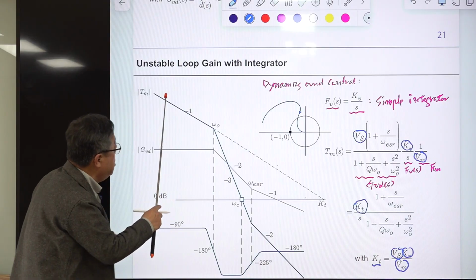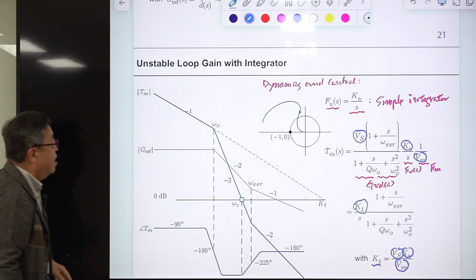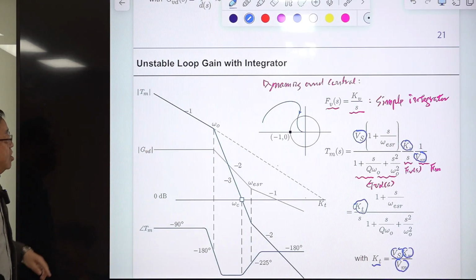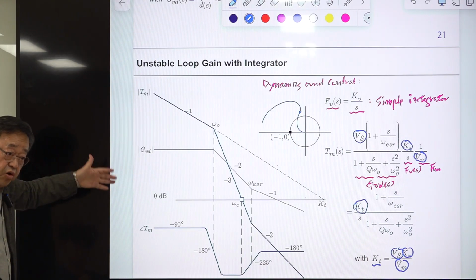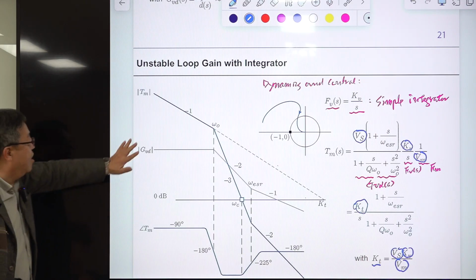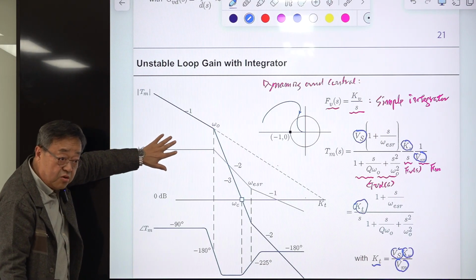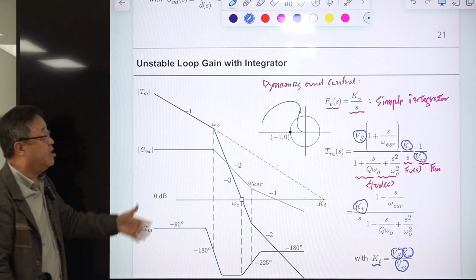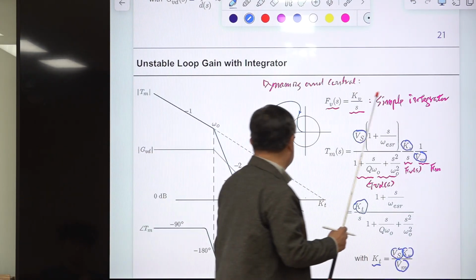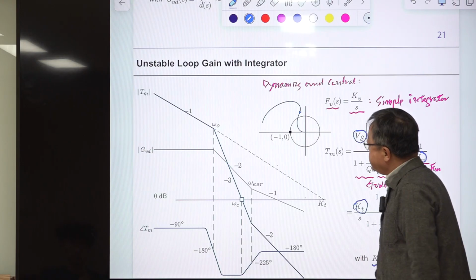All right. So this is the plot of your loop gain. And this is the GVD, the duty ratio to output transfer function. I sketched it just for reference. You may forget about this, but it is better to put it here. It's not directly related. You come up with this directly. Then you sketch this.